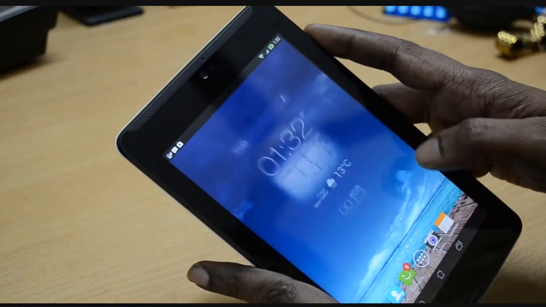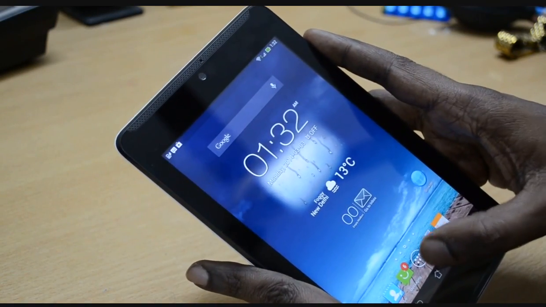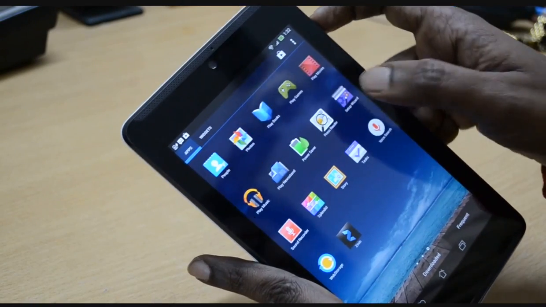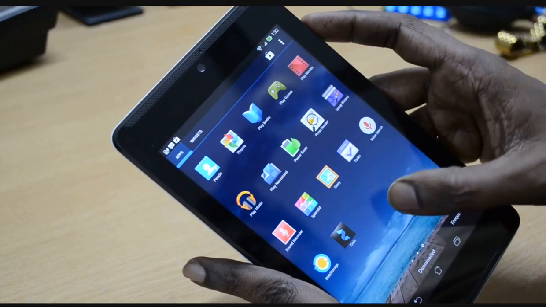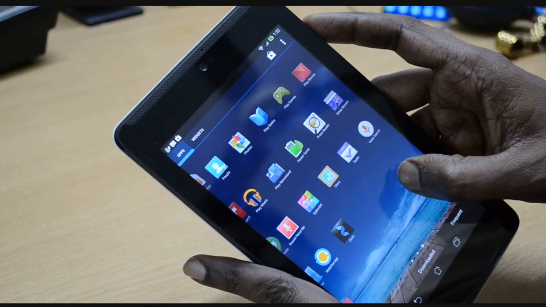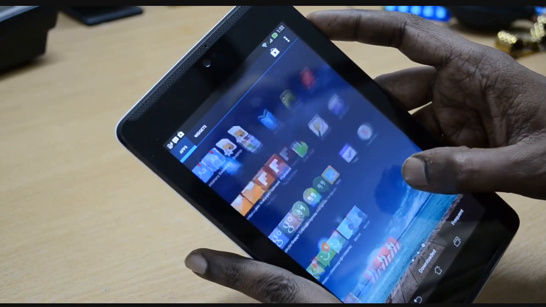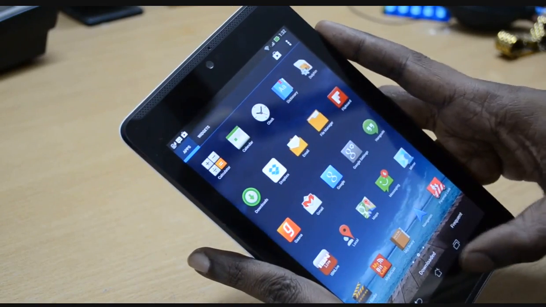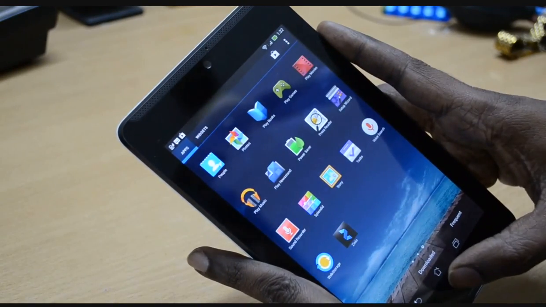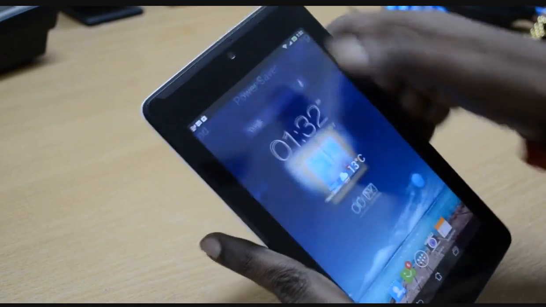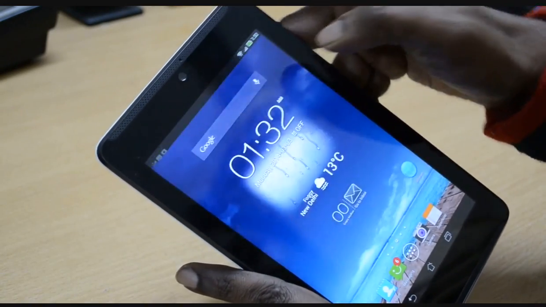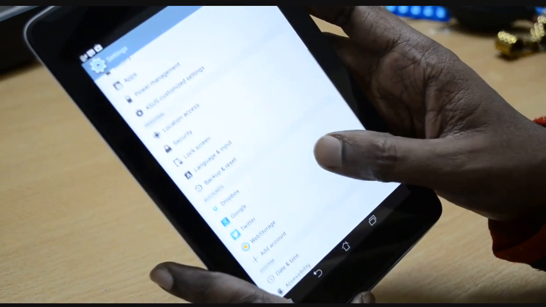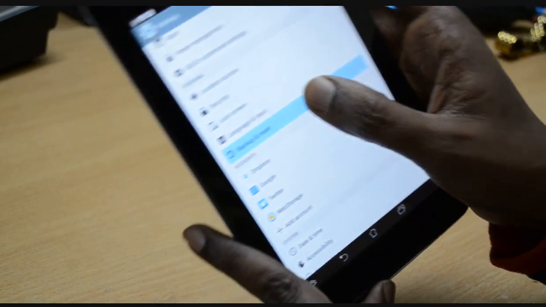Another way to arrive at the setting page is to tap here and then you'll find the settings here, where it is. Sorry, it seems we need to go to settings from that only, right? Here it is, settings, and then just navigate to the backup and reset button here, right?